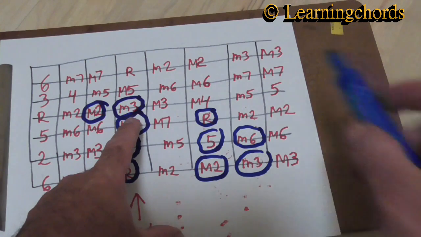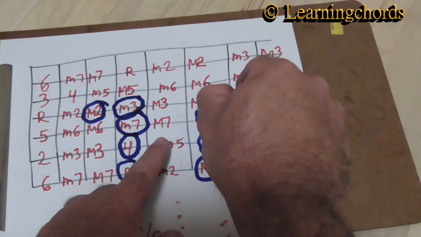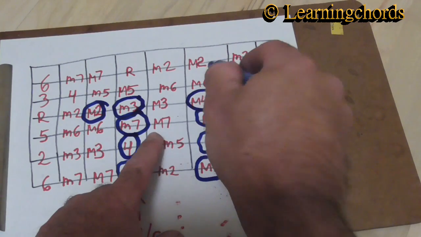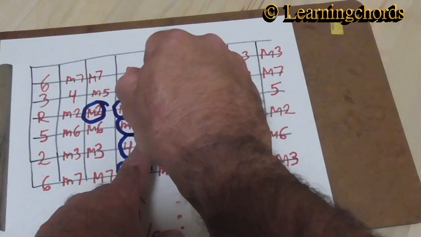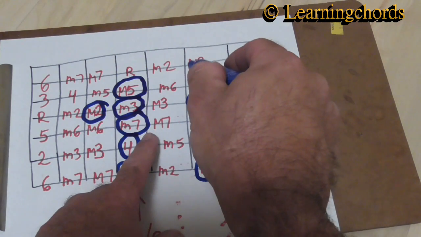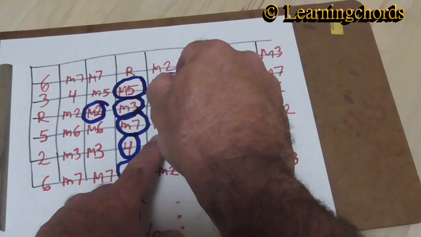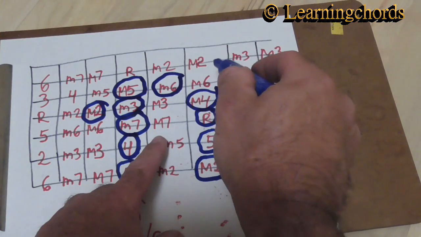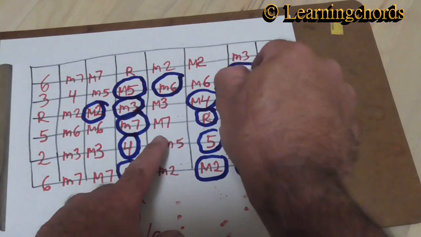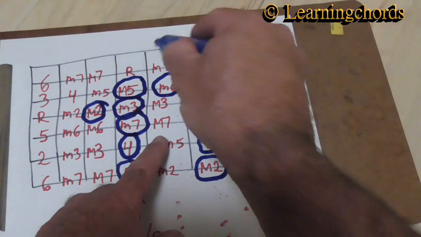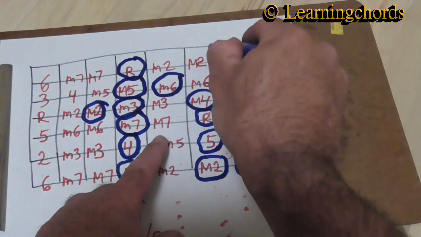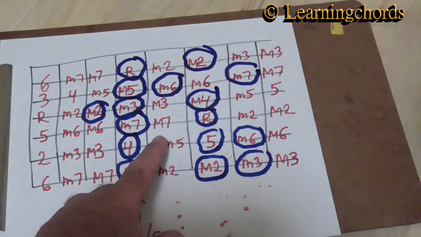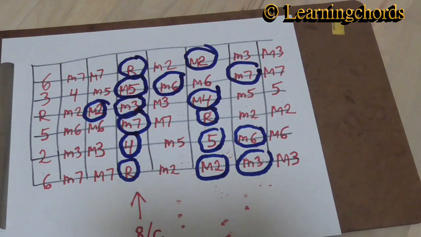So you've got your flat third, and then you've got your fourth. And then you have your fifth. And then you have your flat 6. Then you have your flat 7th. And then you start over again with your root, and you start over again with your major 2. And so what you have here is the first position of your natural minor scale, which is normally